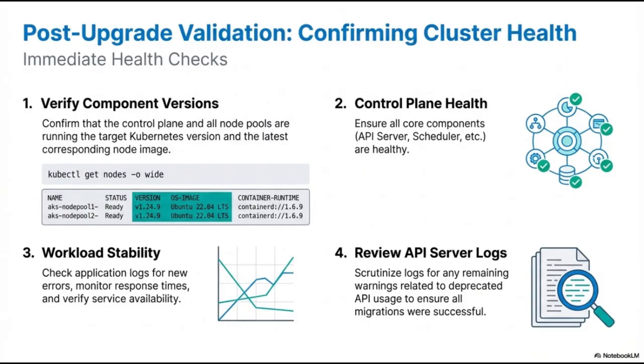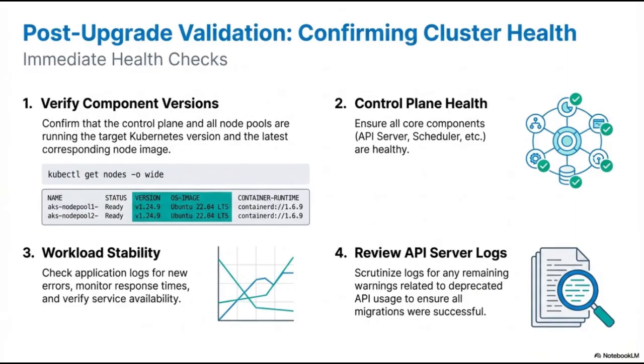First, we verify component versions. By running kubectl get nodes, we confirm that the control plane and all node pools have successfully transitioned to the target Kubernetes version and the latest node images. Second, we check the health of the control plane. We need to ensure that core components, such as the API server and scheduler, are fully operational and communicating without